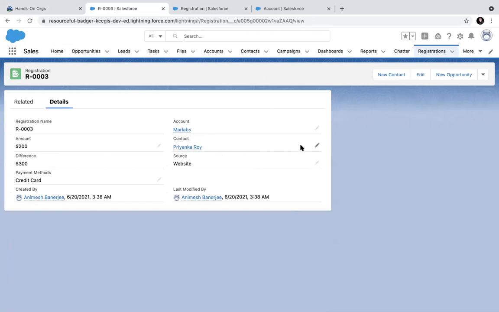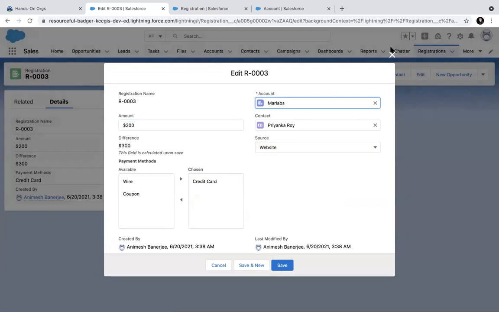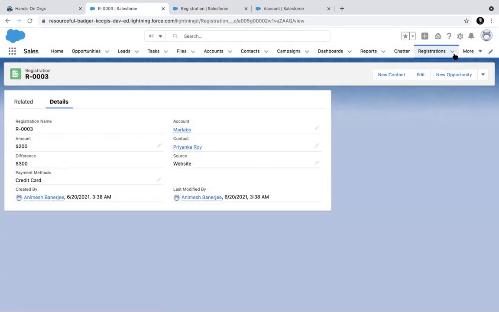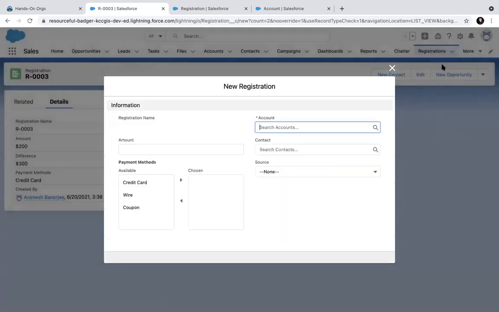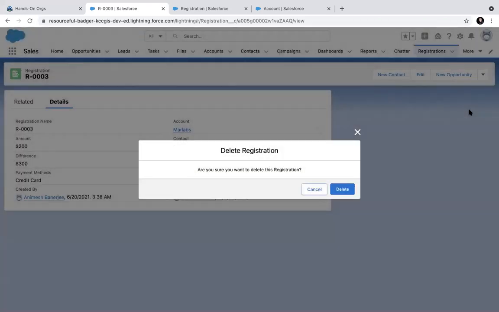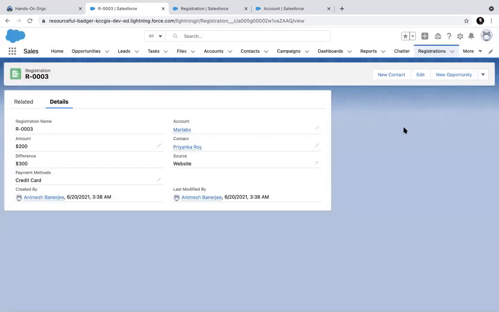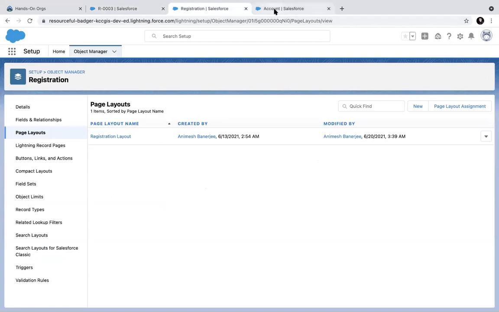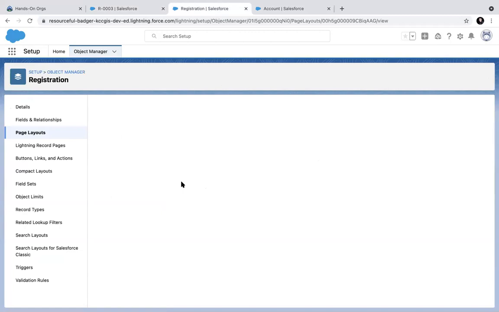This layout is applicable for read mode, edit mode, and create mode. Yeah, it impacts. Layout is used in all 3 operations except delete. In delete, I don't need this layout. It just gives a confirmation and that's it. You can make a field read only or required in page layouts also.